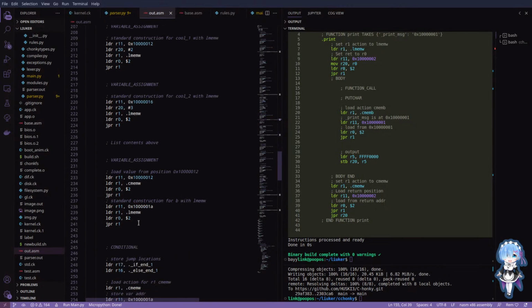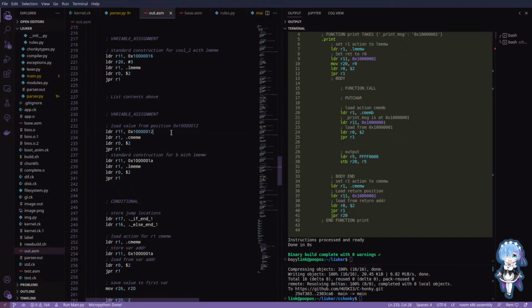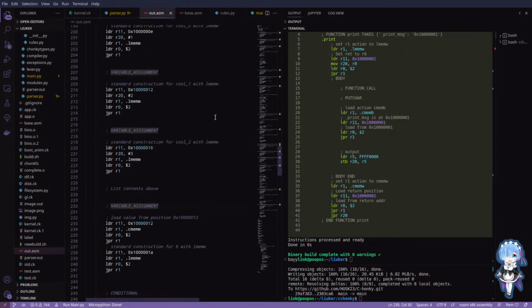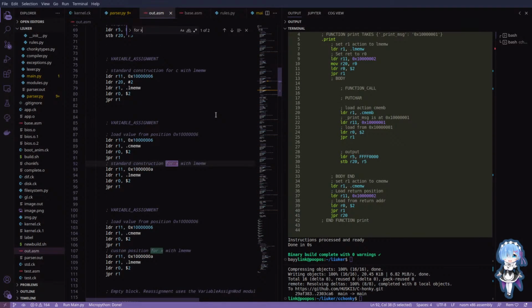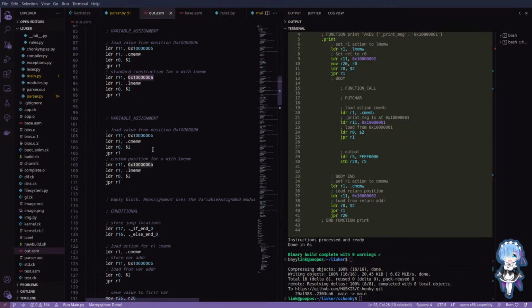Now if we find standard construction, there we go. So we actually load the value from position by using an offset. Huh. Right, we need to calculate this offset if we're gonna load an offset value from a variable. So for example, say it was X that we're using here, which is set from C, and C is 2. We would need to load this address up, get its value, and then do an immediate add on